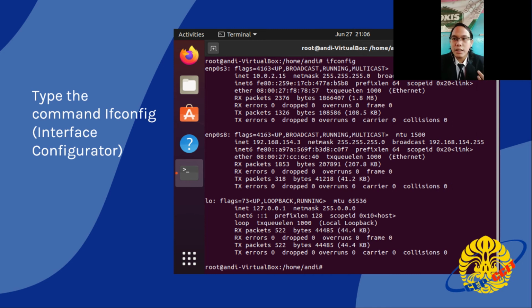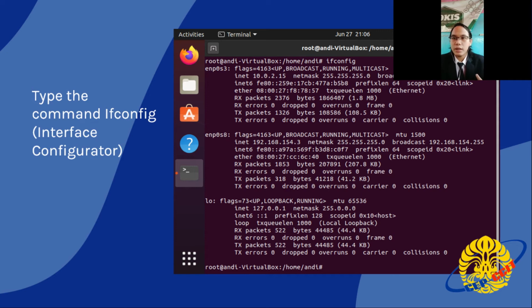After installing bind9, type the command ifconfig, or interface configuration. A command on Linux that is used to configure network interfaces or view network configuration.